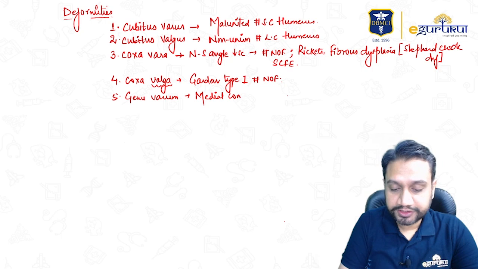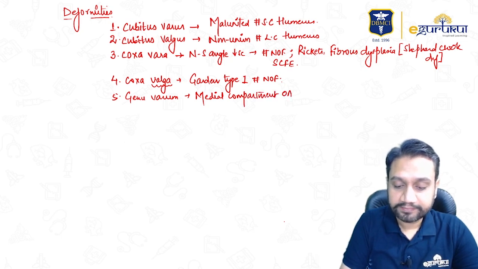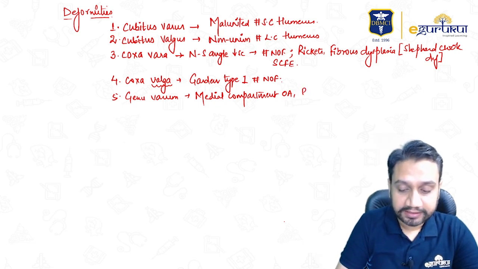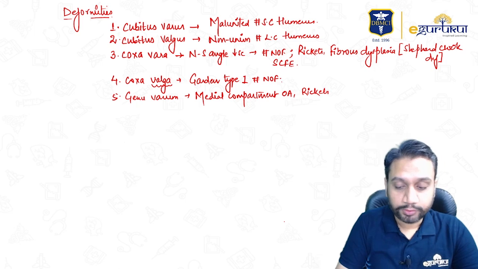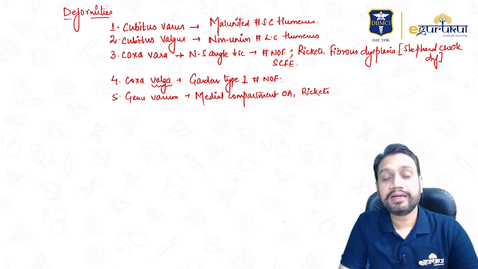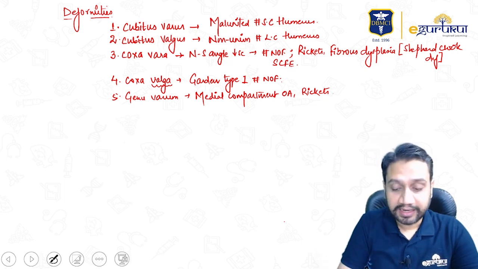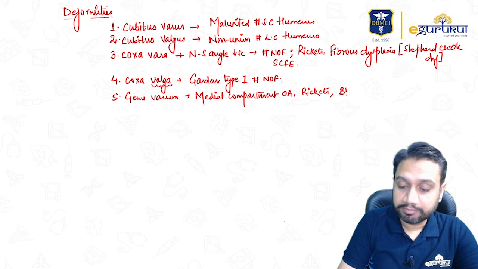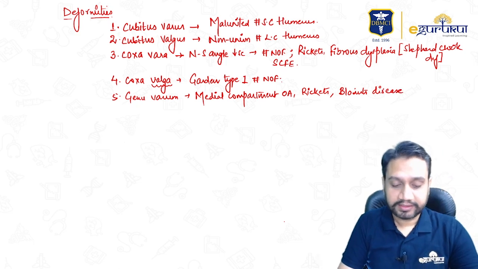When you have a patient who is having a medial compartment osteoarthritis, right? Or in which other conditions? In conditions like rickets. So when a child is born, we know that physiologically there is a varum deformity, and the angle usually also is varus. And the other pathological condition which can be related to genu varum can be the Blount's disease. Remember from pediatric orthopedics? The Blount's disease, the tibia vara, right?